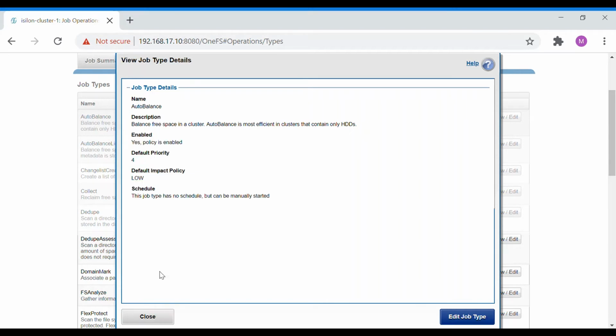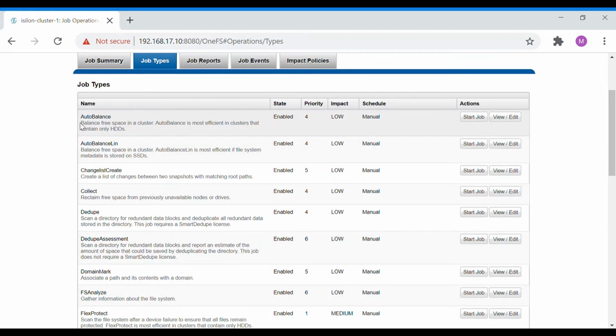So let's see the jobs one by one. First job is auto balance. Auto balance is a job that is used to balance the cluster's data. So let's say you have a 3 node cluster with 40 TB of capacity shared across the 3 nodes, and you have a new node coming in, adding it as the 4th node. Now this auto balance job will trigger and will try to balance the 40 TB of data across all 4 nodes, so that each node will get an even amount of space. So in this case, each node will get 10 TB. This is the work of the auto balance job.